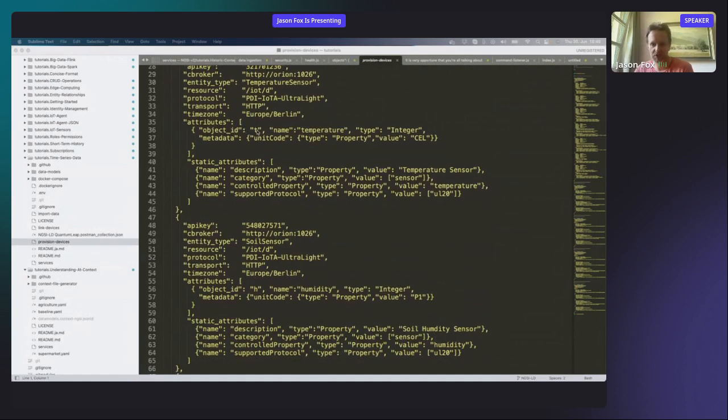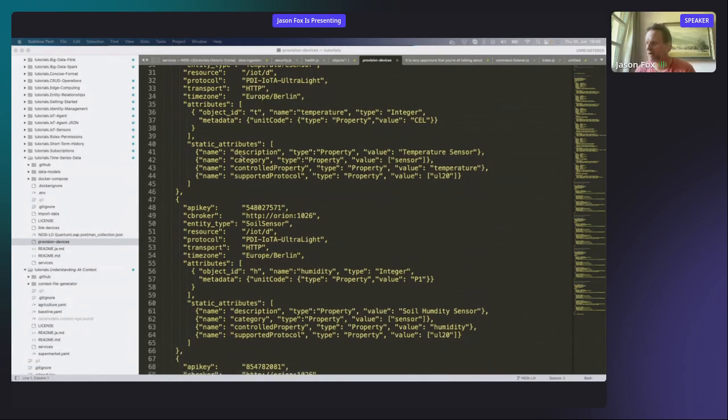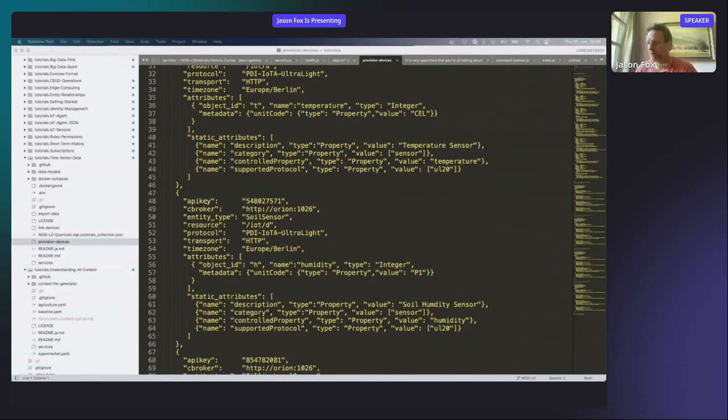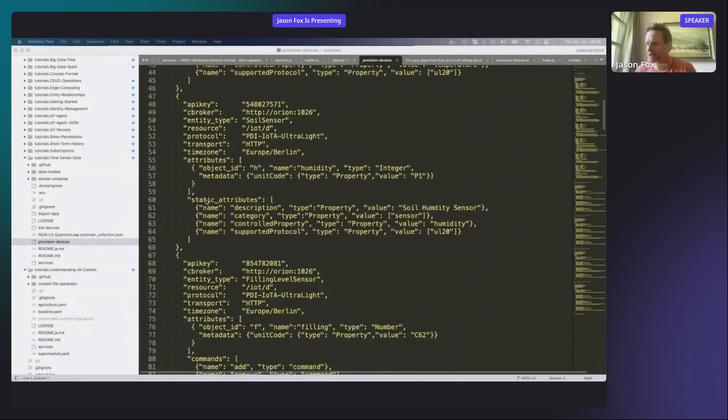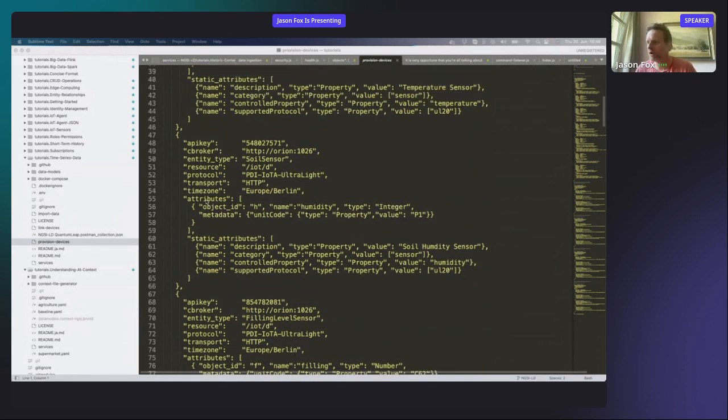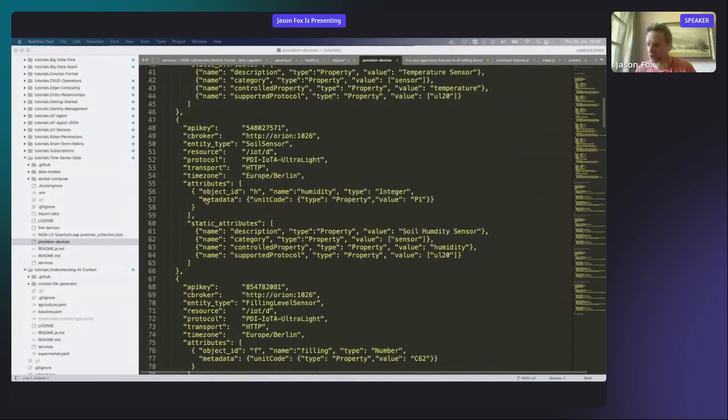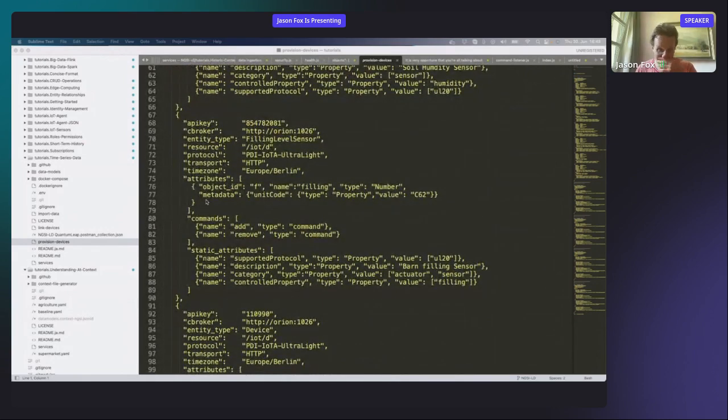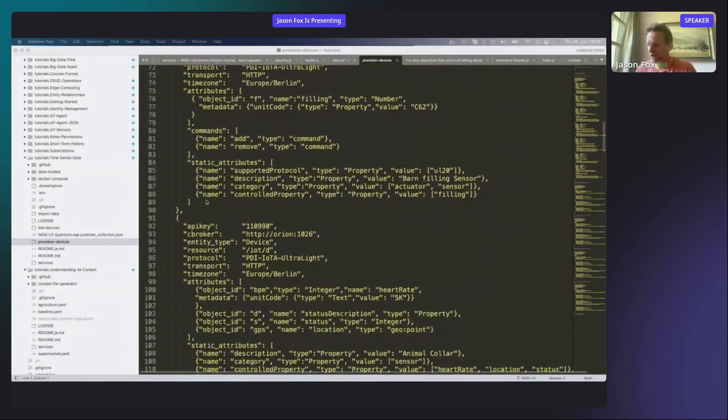In other words, T/something's coming in, and it will always map to temperature. And they have various bits of static data, which is saying, yes, I'm a temperature sensor, I'm a sensor rather than sensor actuator or whatever. And it's repeated for each of my groups of devices. So I have temperature sensors, I have soil sensors, I have filling level sensors, and I have